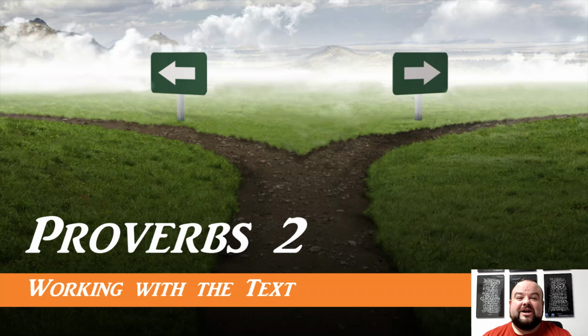Good afternoon. We are continuing our journey through the text of Proverbs 1 through 9, working with the text a little bit and trying to figure out the various uses of parallelism the author has put into place to help us better understand the text. Of course, we can read a lot of what Proverbs says and understand it, but sometimes when we note these nuances, it helps bring the text to life even more.